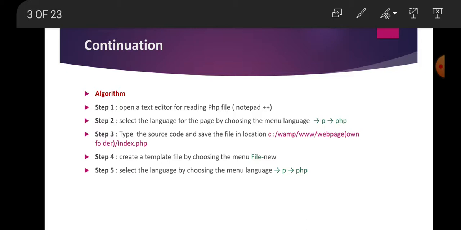Here I prefer Notepad++ as our text editor for keying in the PHP file or CSS file. In Notepad++, if we are going to key in a PHP file, just select the menu Language.